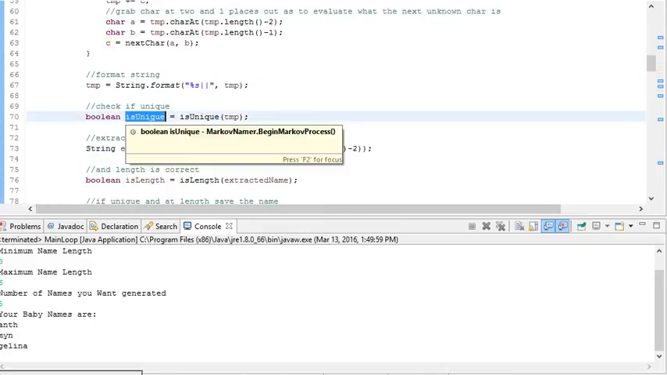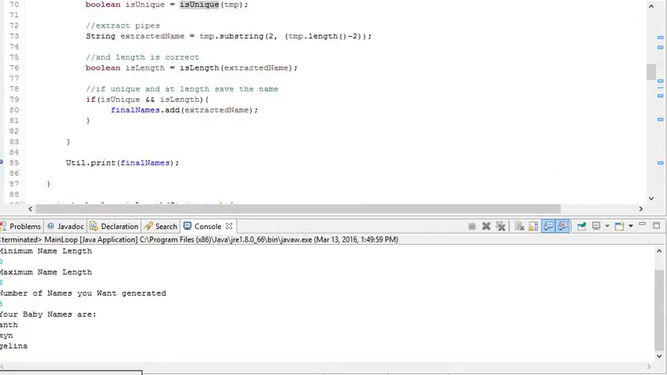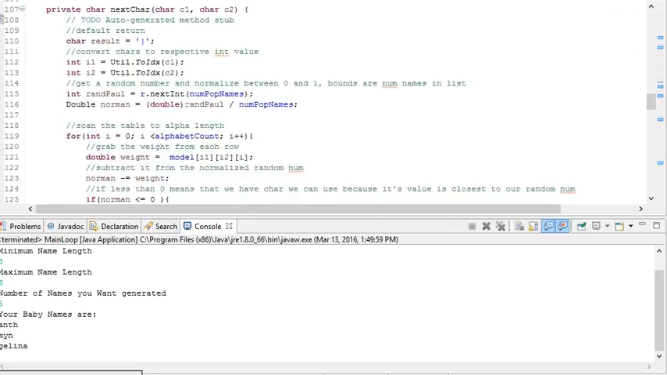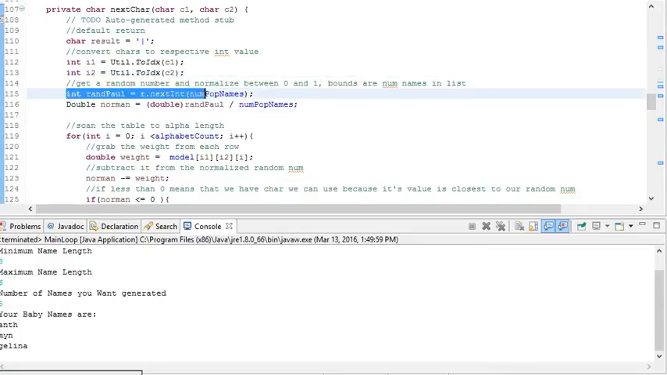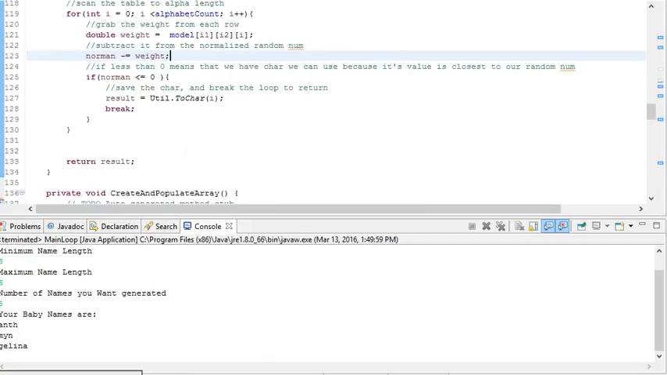Is unique is very simple. All I do is run it through the name list and see if it matches anything, and if it does, then it's false. Is length is pretty simple, just check it against max and min. Next is next char. Here's next char. Grab my indexes of those chars. Int randpol is a random number generated between 0 and 1. Normalize it. That's my random number generated, and I go through the alphabet count, grab the weights, subtract them from the normalized weight, and then return the result here if it's less than or equal to 0, because that tells me that it's